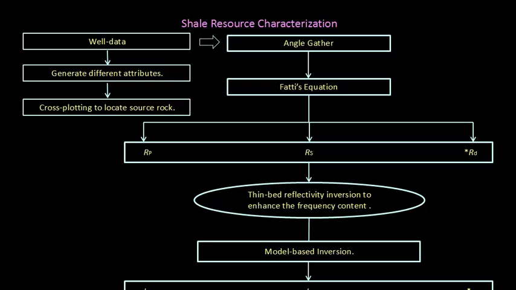In other words, suppose my bandwidth of the data for RP and RS is 10 to 70 hertz. I can get a data set which has a bandwidth of 10 to 110 hertz, 100 hertz, 120 hertz, something